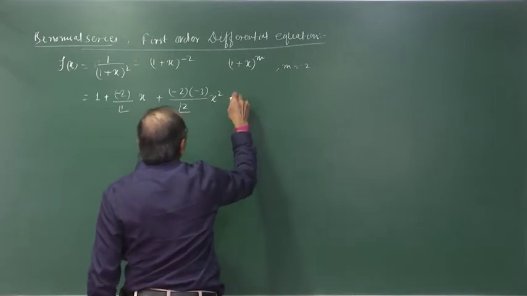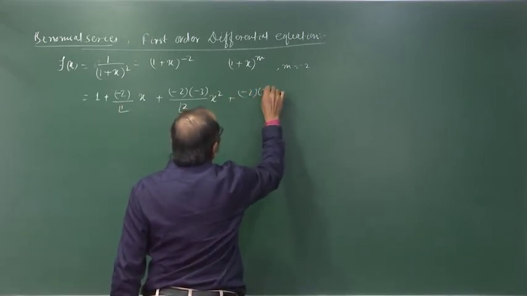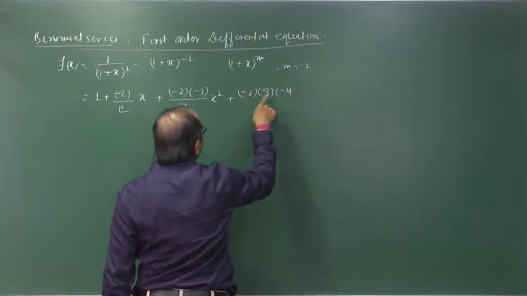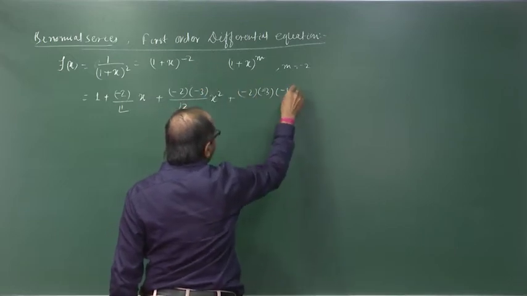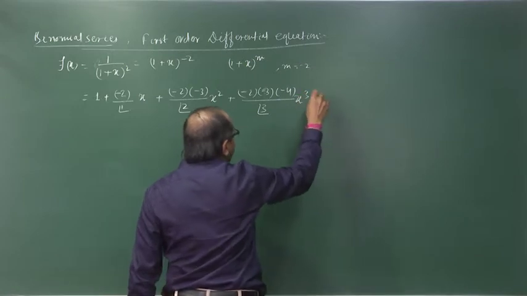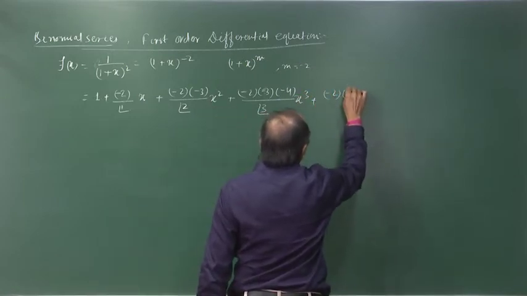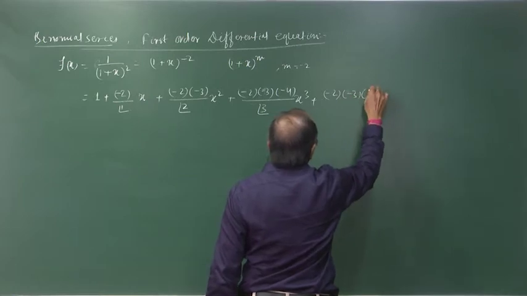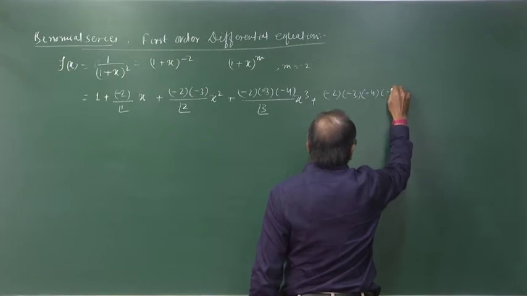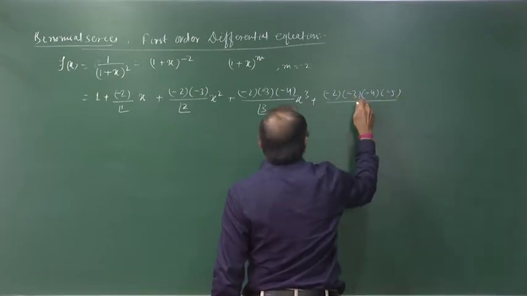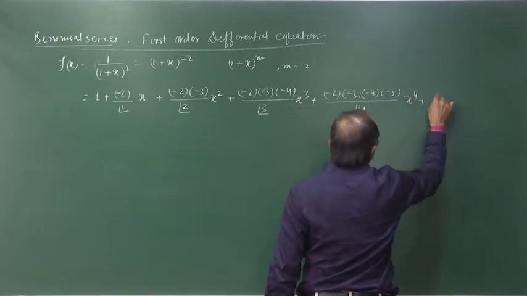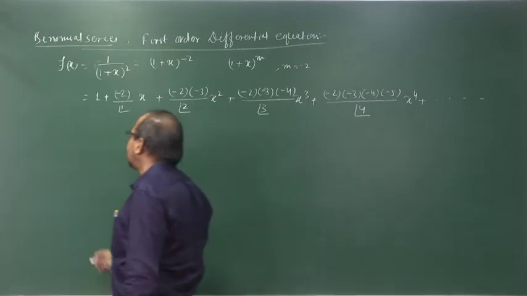The next term is m into (m minus 1) into (m minus 2), which is minus 3, minus 4, divided by 3 factorial, x cube. The next term is m into (m minus 1) is minus 3, (m minus 2) is minus 4, (m minus 3) is minus 5, divided by 4 factorial into x to the power 4, right. So, this is equal to